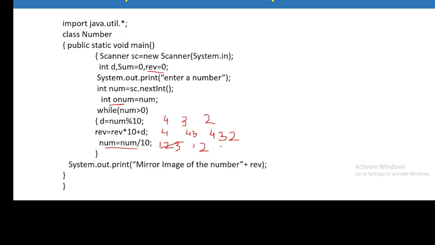Similarly, the next number will be 1, and when the complete loop has executed, finally you get the mirror image of the number and the value of reverse will be 4321. This is how we can get the mirror image of a number. So reversing the number is again based on the same logic: you have to separate out the digits.